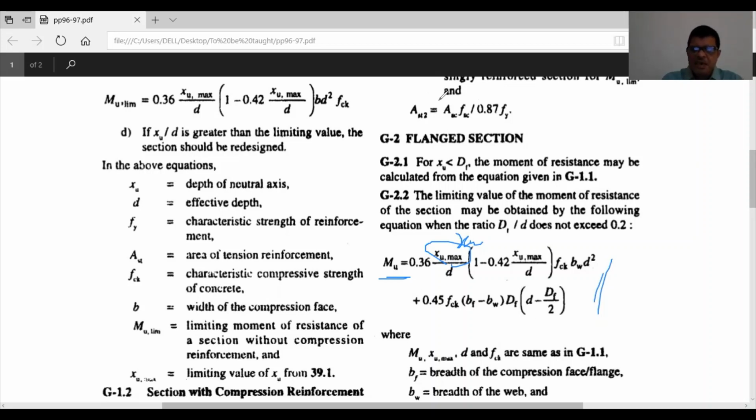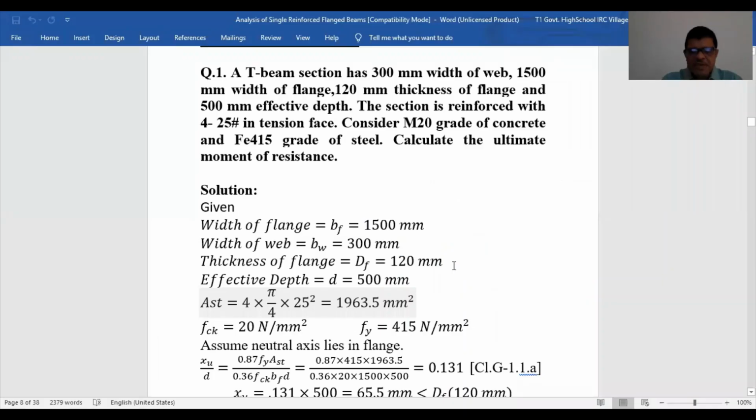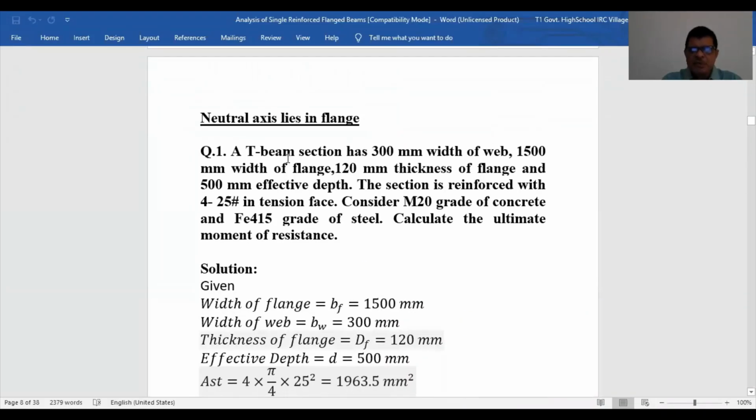Now let us see some example problems on when the neutral axis lies in the flange. In the first case, you have to assume whether the neutral axis is in the flange or in the web. That you would first confirm. Then the problem will be tackled. If it lies in the flange, then it will look like a rectangular section, and the formulas of a rectangular section will be applicable. If it lies in the web, then we have to come for G2.2 and